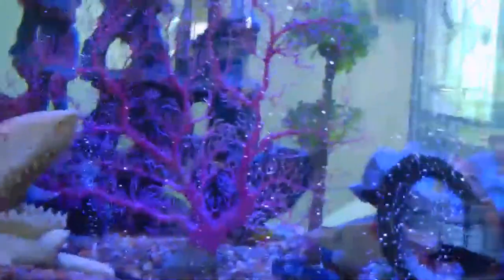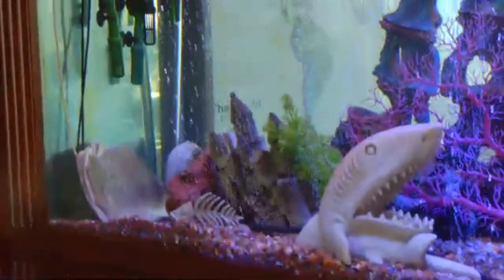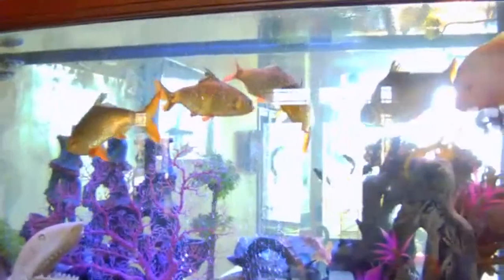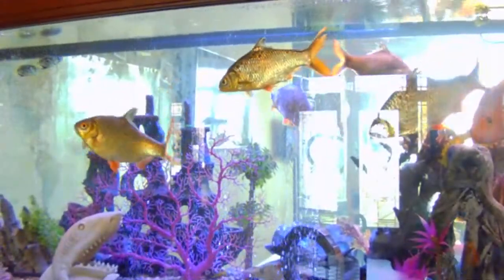All right, got the fish tank. Zoom back out so you guys can see the whole thing. Well, I'll see a part of it anyway. All right, so with